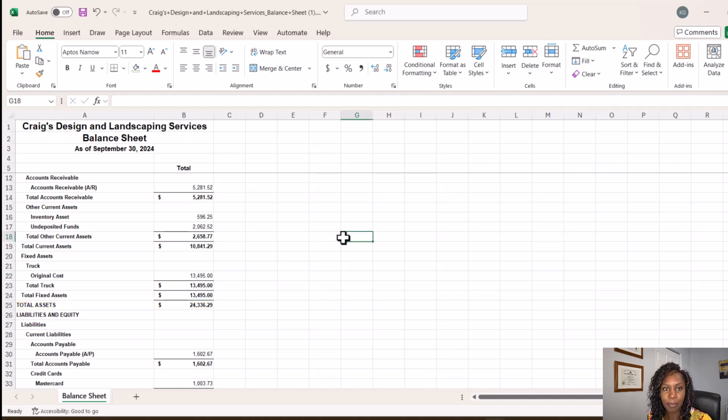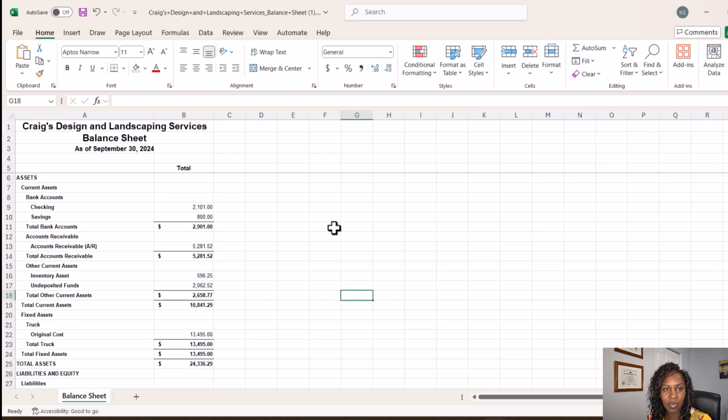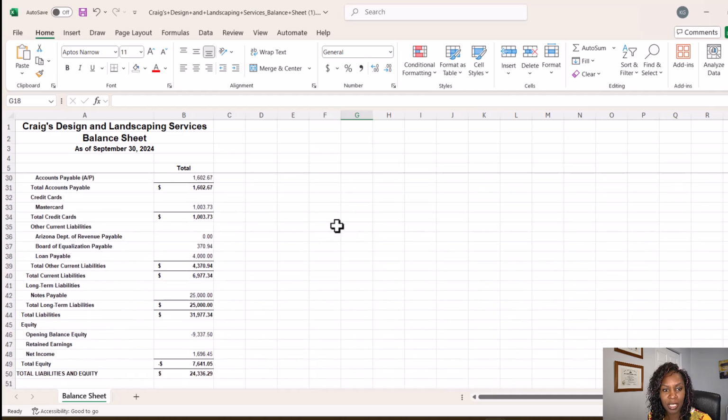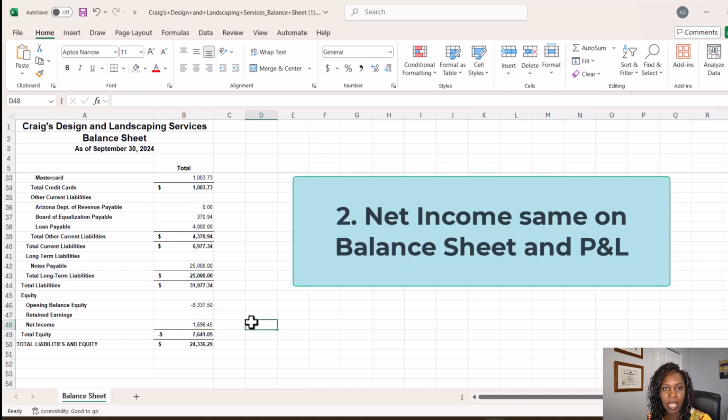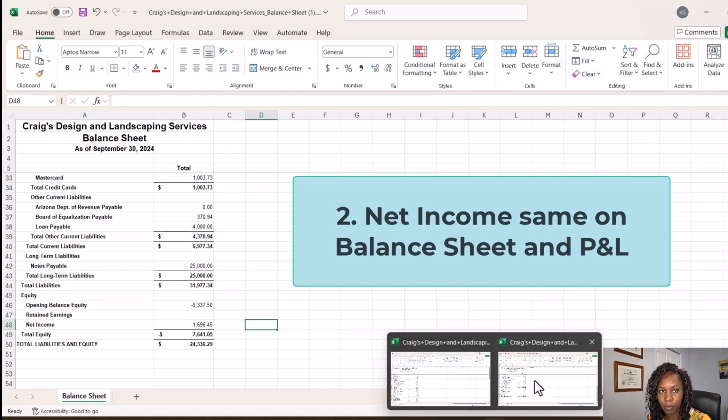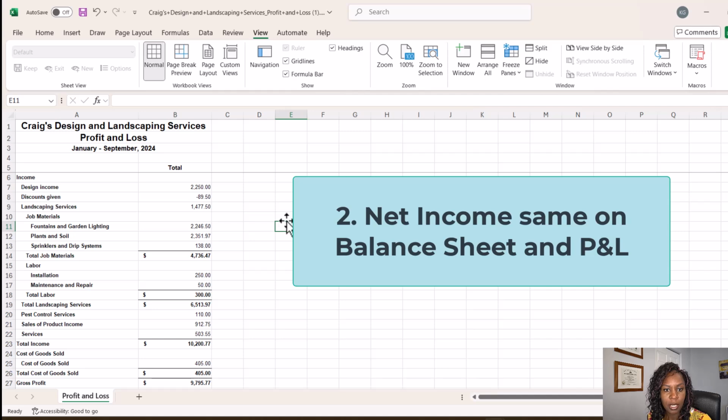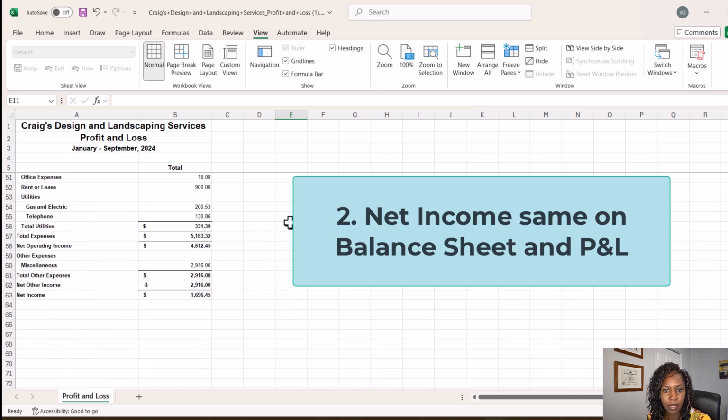Second way to tell if your balance sheet is correct or not is if you scroll down to the bottom of your balance sheet and look for the net income amount. This net income amount should tie back to the net income amount on your profit and loss statement. So let's pull up the profit and loss statement. Okay, 1,696.45 on our profit and loss,